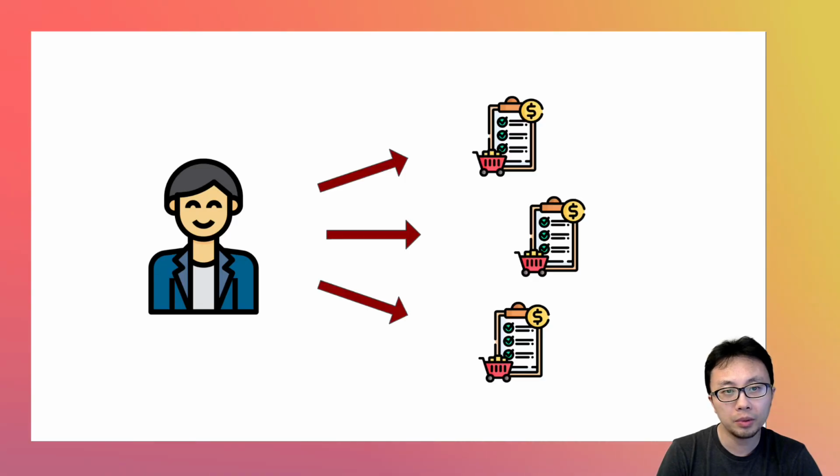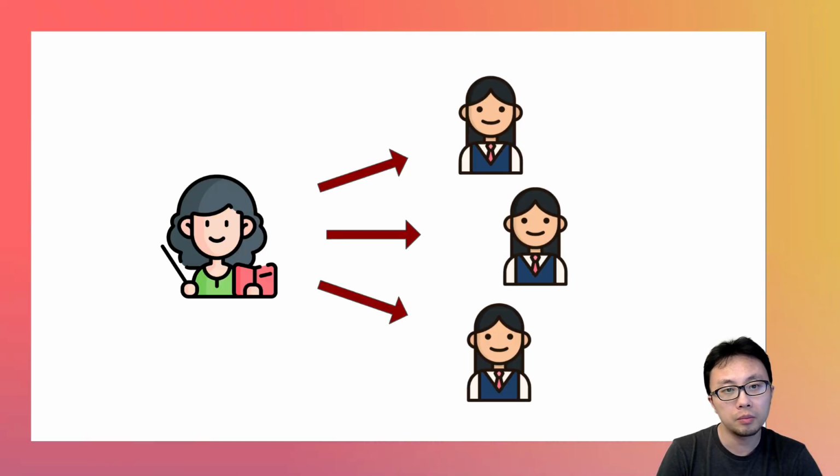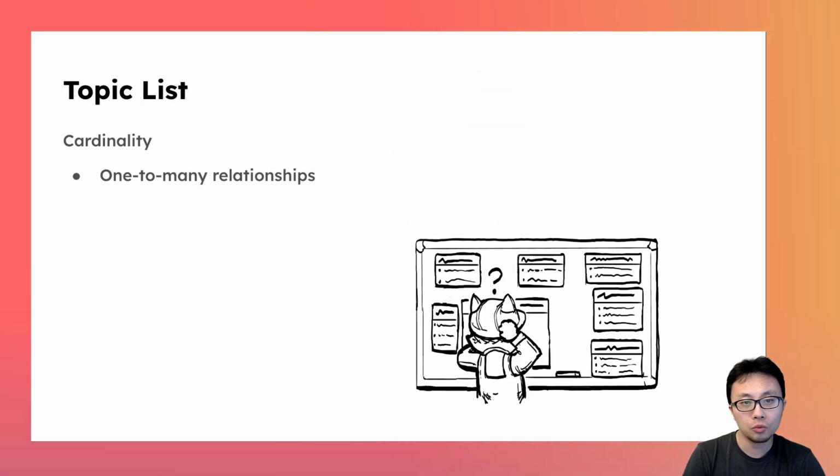A customer may place many orders. A teacher may teach many students. But how do we represent these relationships in database design? It all starts with understanding one-to-many relationships. In this video, we'll introduce you to this concept and explore how to identify and represent one-to-many relationships in database